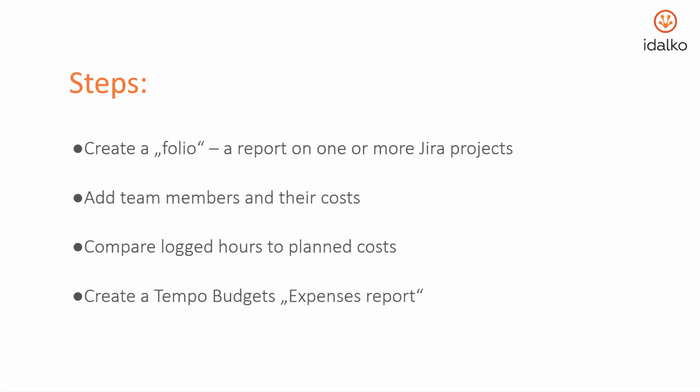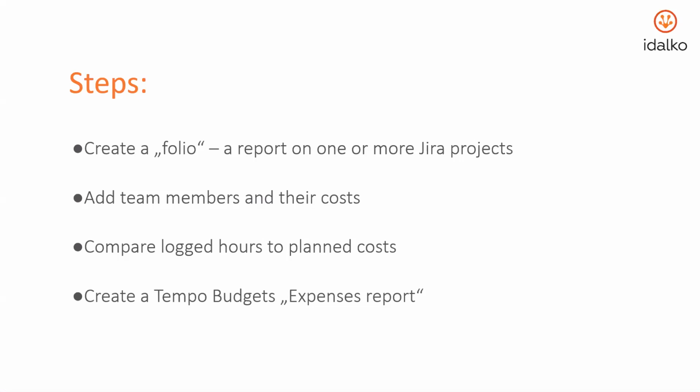The steps we will go through. Tempo Budgets has so-called folios, which are, let's say, cost and revenue reports per every Jira project, or maybe some more Jira projects, or global. You would add the team members and their salaries or cost rates, hourly rates, and you can then compare the planned and actual